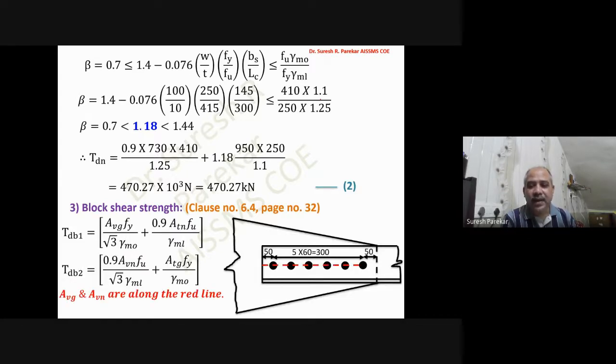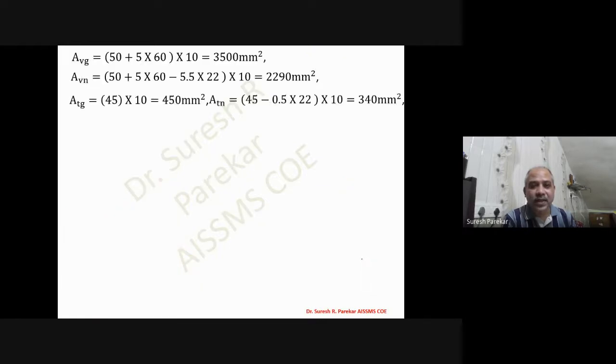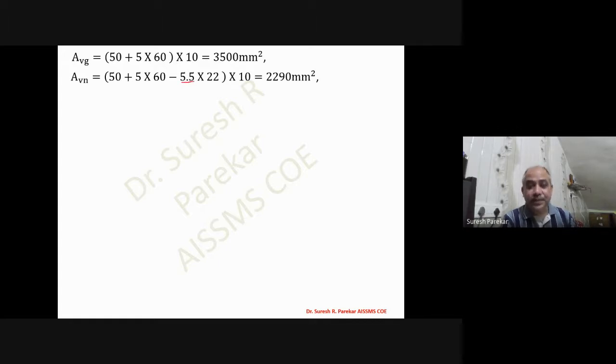So we have here 300 plus 50, so we have 350 into T, and then we have to subtract bolts. So how many bolts? So we have 1, 2, 3, 4, 5, and for the 6th bolt we have to consider half only, because we have till center. So 5.5. So you can see we have likewise calculated 5.5 over here, because the last bolt center we have to consider.